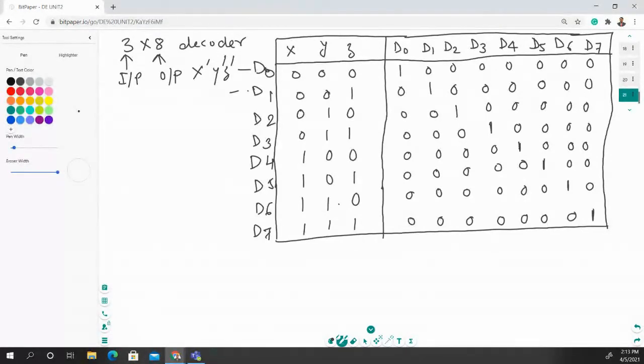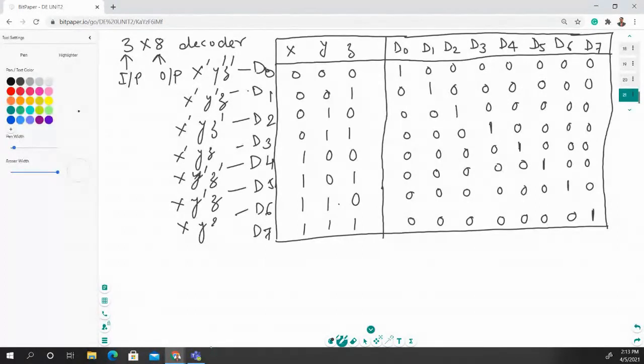What should be the output right here? X bar, y bar, z. X bar, y, z bar. X bar, y, z. X, y bar, z bar. X, y bar, z. X, y, z bar. X, Y, and Z. These are the outputs.